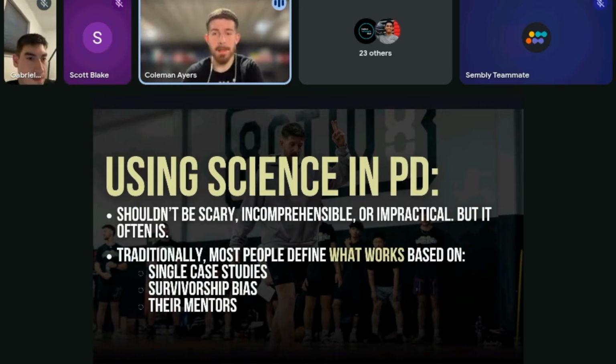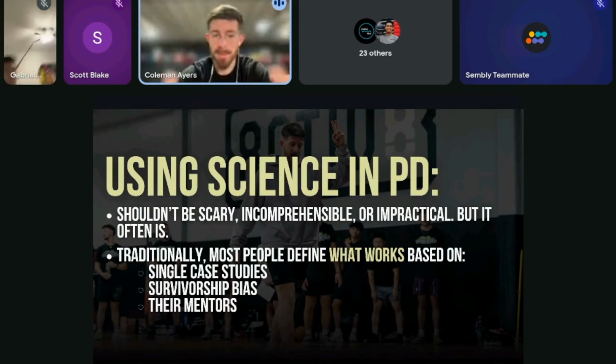That's the gold standard of player development, when in reality, many times they're there not because of that method, but despite that method. Or they get to that point and then they implement certain methods that may not actually have anything to do with their development and anything to do with them becoming the best in the world. So survivorship bias is very important to understand here.